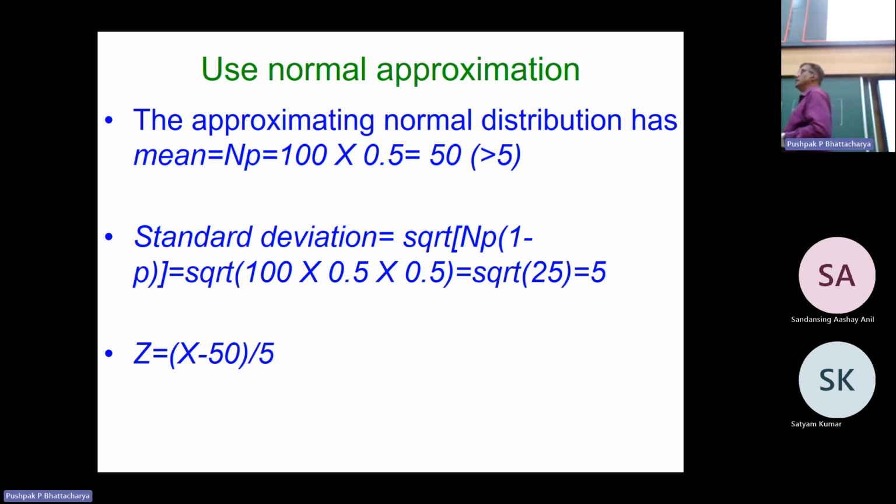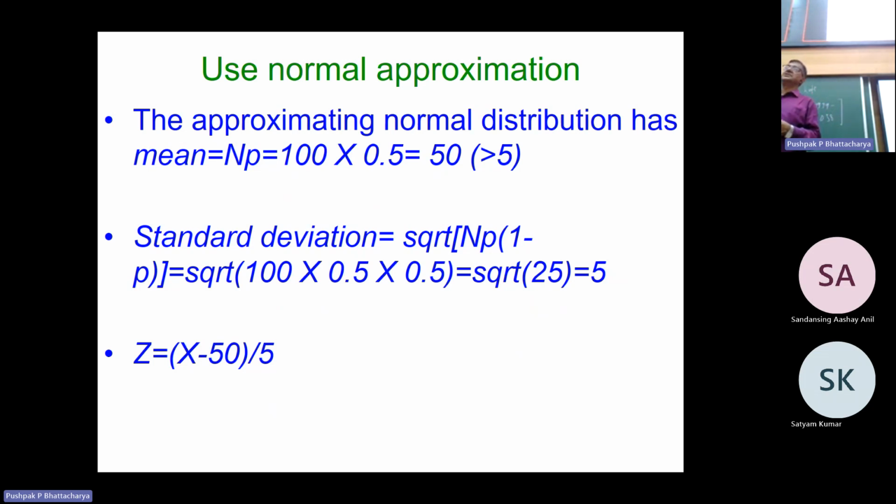So now, do you see the importance of null hypothesis? Could you get the mean of the normal distribution without p? You do not get the mean of the normal distribution without p, and p is 0.5 because of null hypothesis. See how the brain has started moving after the null hypothesis has been set up. So the mean of the normal distribution is 100 into 0.5, which is 50, and